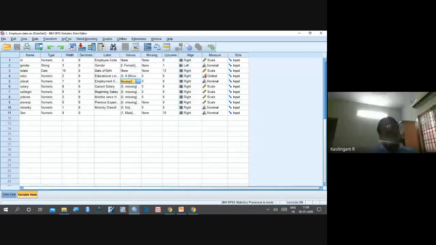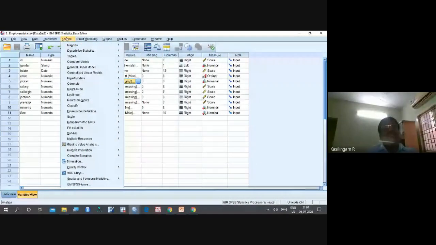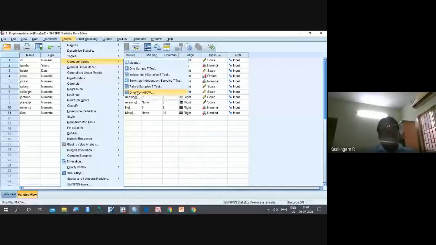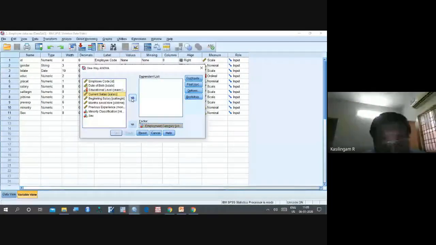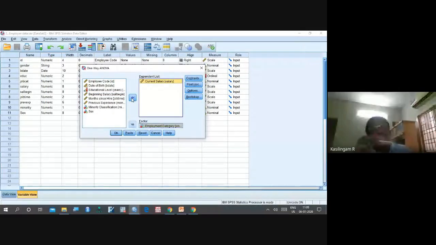Analyze, compare means, one-way ANOVA. Employment category is a categorical variable, I am putting into factor. Then current salary, which is a metric variable, I am putting under dependent.